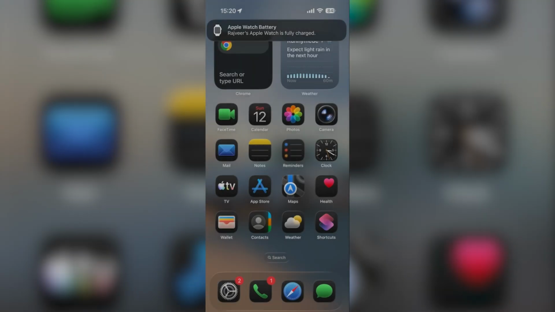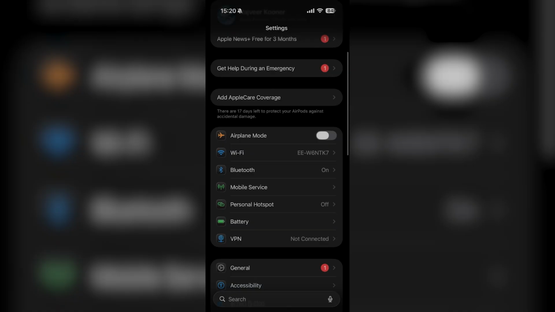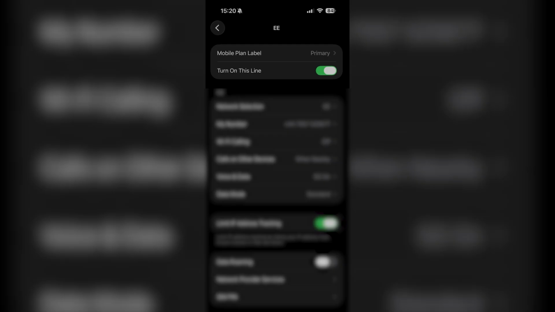And all you want to go ahead and do is then go over to your settings application, scroll down and go to mobile service. Go ahead and click on that. Then you're going to see SIMs as one of the options. So go ahead and click on your phone number, and then you're going to see turn on this line. You want to make sure the line is turned on, and then you're going to be able to receive messages,